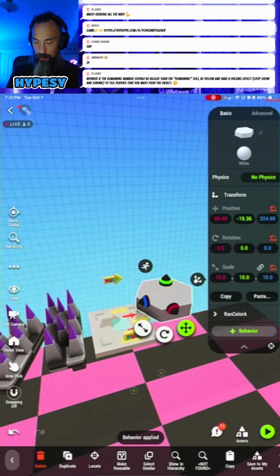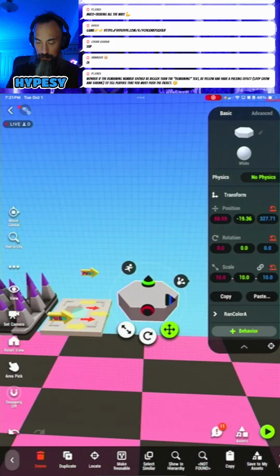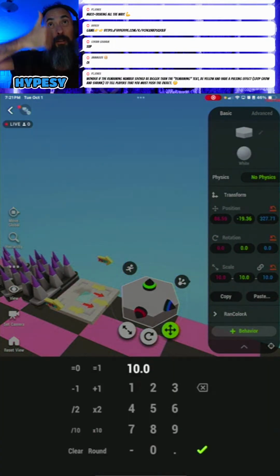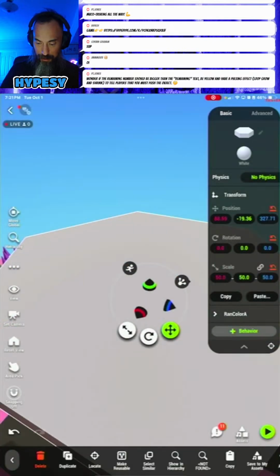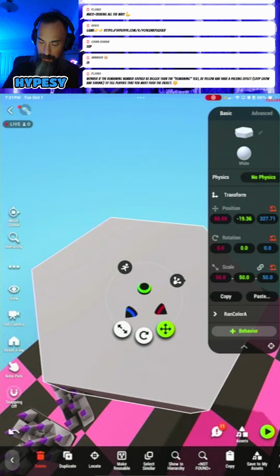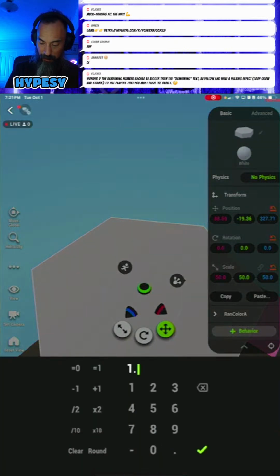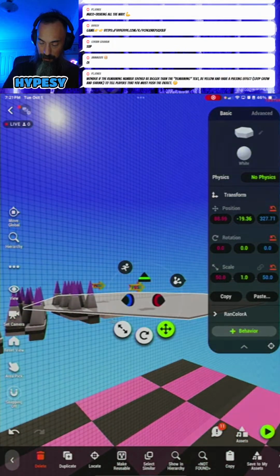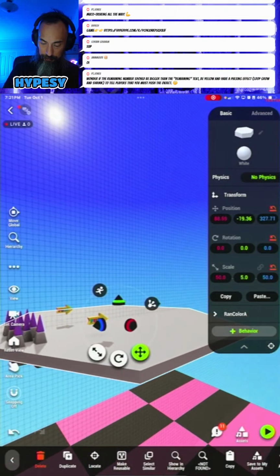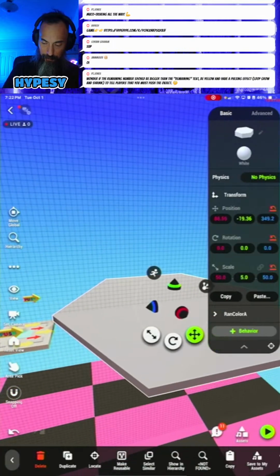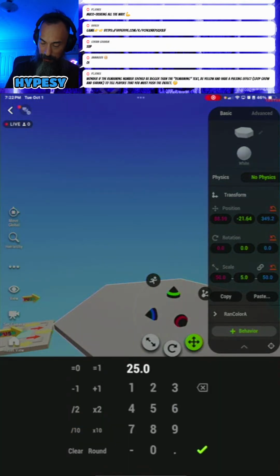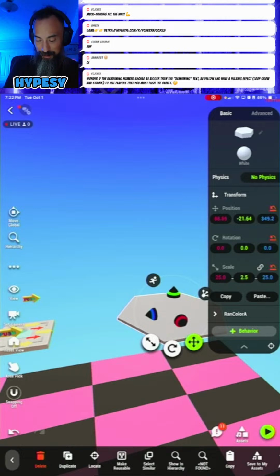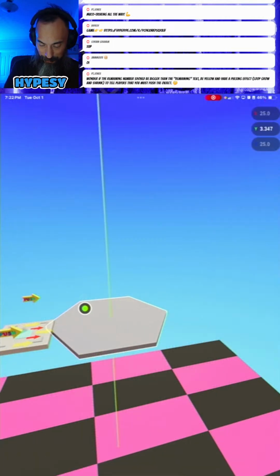Add a color behavior. Oh, you know what? We can have it so the player just goes up. And yo, that's too big. How big is it? That's what I want to know. Oh, yeah, that's too big. But it sparked an idea. And that's my oop.